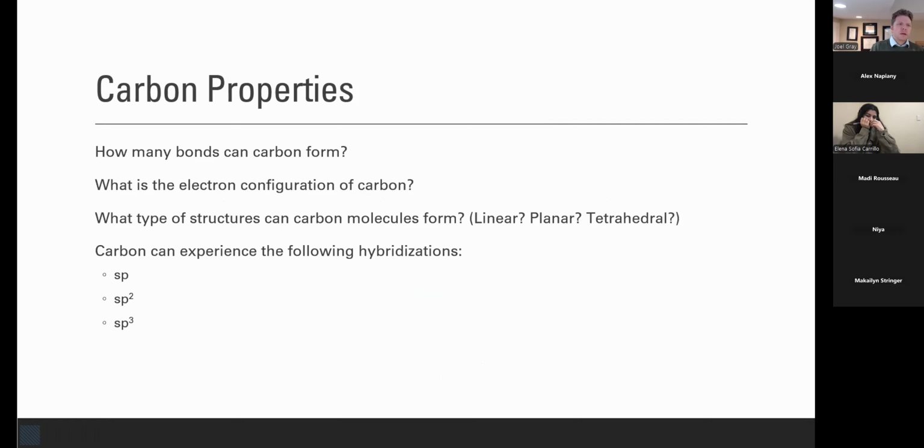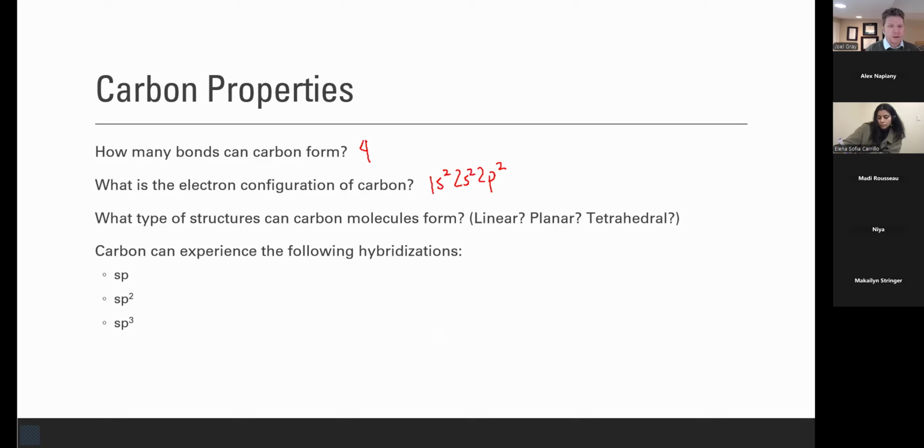Now, properties of carbon. How many bonds can carbon form? 4. What's the electron configuration of carbon? So this goes back, well, we've got 1s2, 2s2, 2p2. Now, if you're looking at that and you're thinking, oh man, you just talked about S and P,